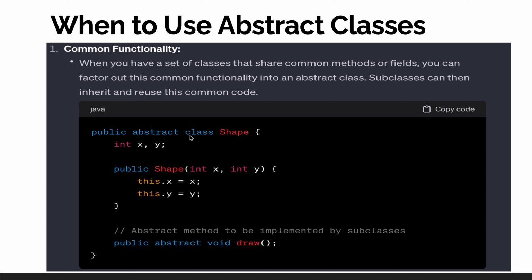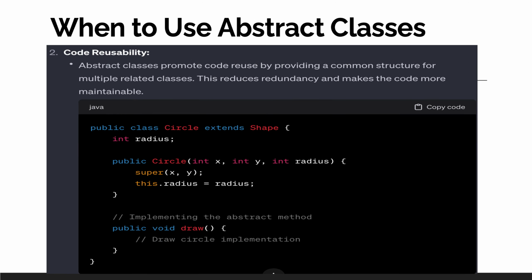Similar to that, let's say we have a shape class, and here we have provided the constructor of the shape class and the input, right? And here we have provided a draw method. So all the subclasses of the shape class are going to implement the draw method according to their need. For example, triangle can have a different draw, circle can have a different draw, right? So this is one advantage of using the abstract class when we want common functionality.